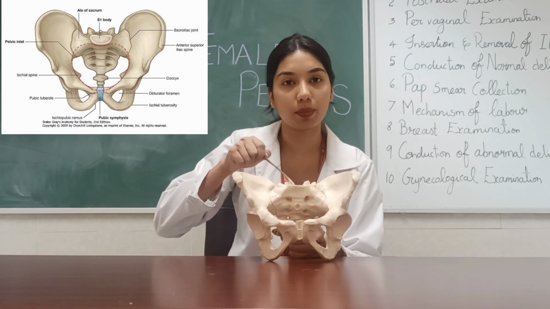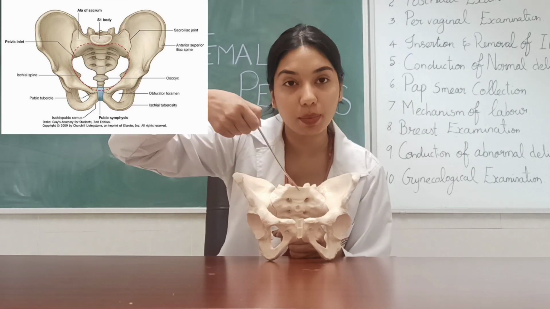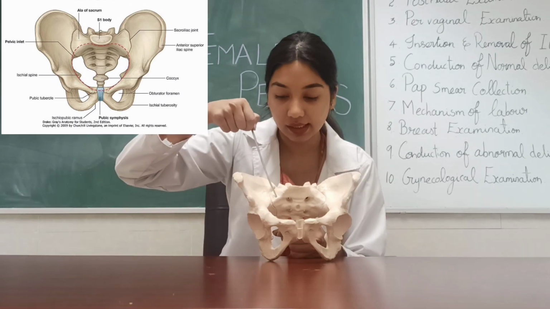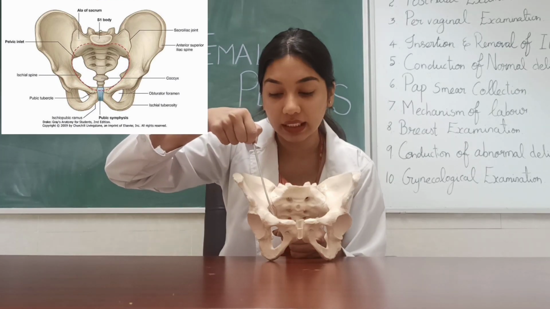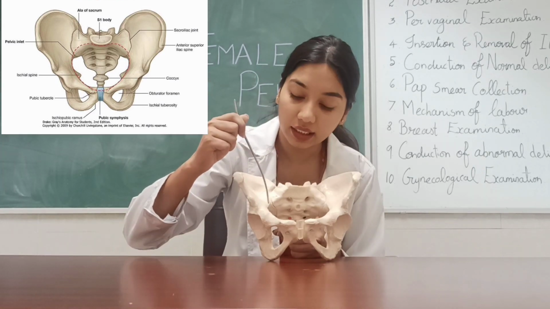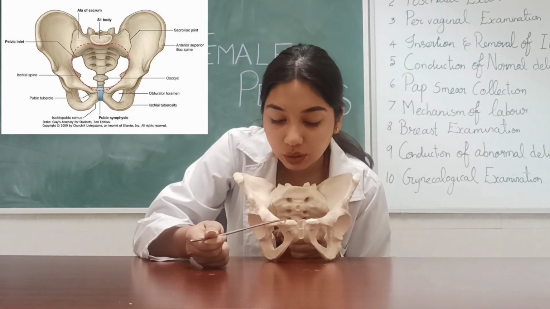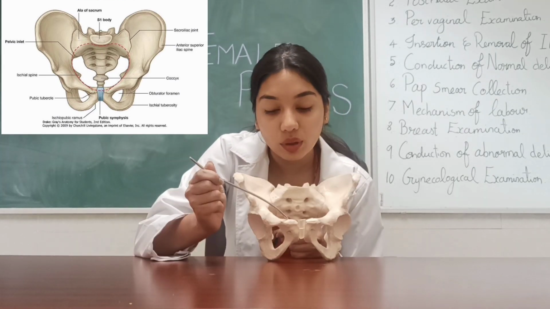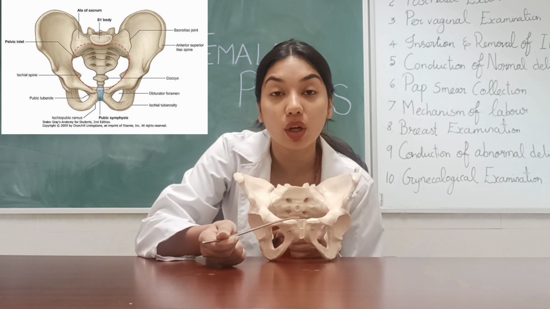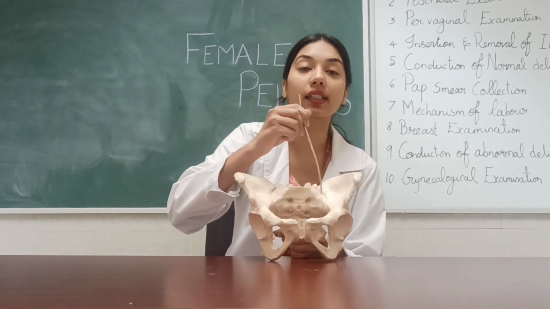Here you can see the sacral promontory. This is the ala of sacrum. This is the sacral promontory. This is the ala of sacrum, the sacroiliac joint, the iliopectineal line. This is the pectineal eminence, the iliopectineal eminence. This one here is the pubic tubercle, and this one is the pubic crest, and after the pubic crest here is the upper border of the symphysis pubis. So this here is known as the pelvic brim.